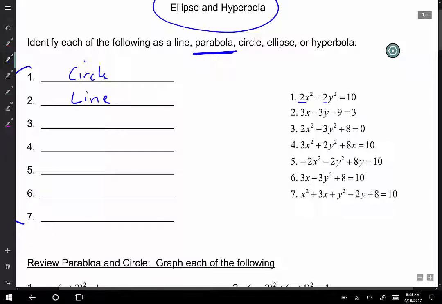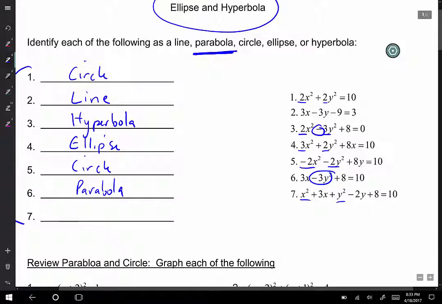Number 3, different numbers, but that negative sign is the key. If you see a negative squared term, then that's a hyperbola. Number 4, different numbers, both positive though, that's an ellipse. Number 5, same number, and yes, it's negative, but they're both negative. It's the exact same number, so that's a circle. Number 6, only one squared term, easy, parabola. Number 7, I see 2 squared terms, they're both positive, and they're the same, so that is a circle. Okay, so that's just a reminder, you have to know which one's which so you know how to attack the